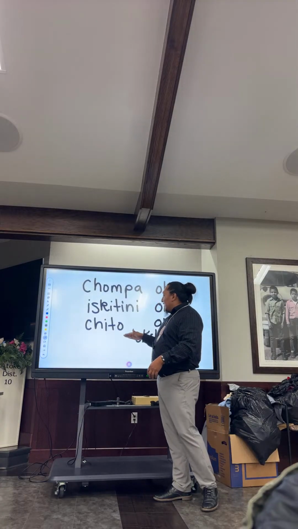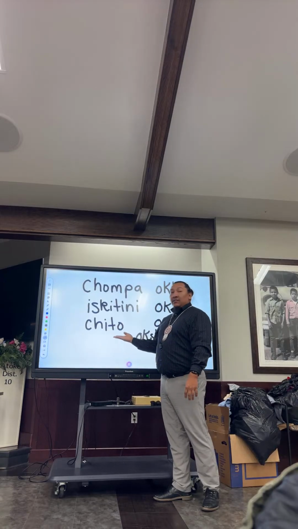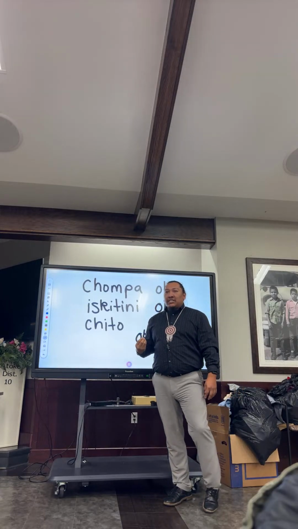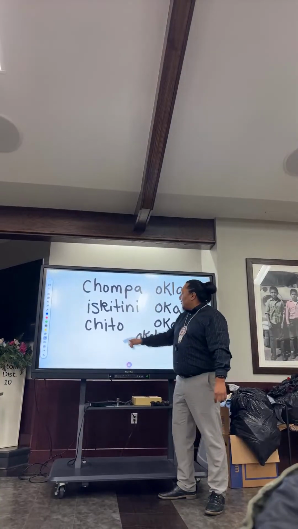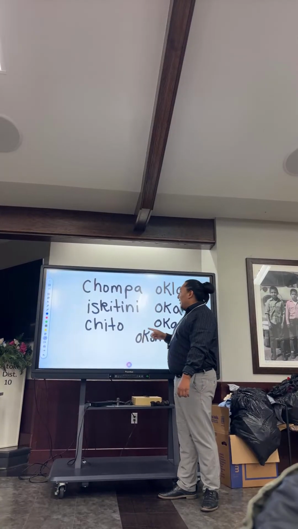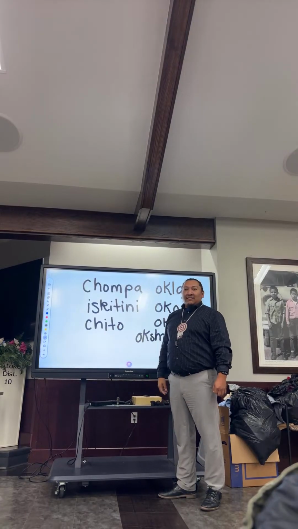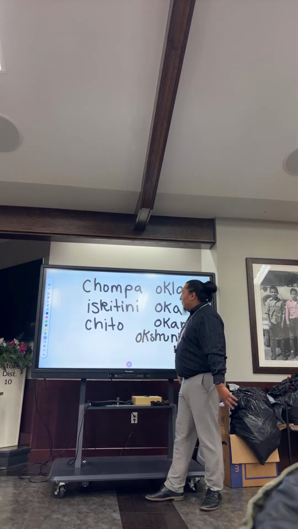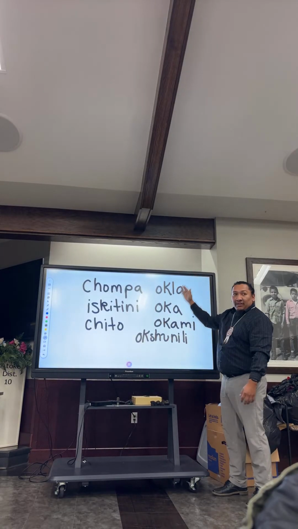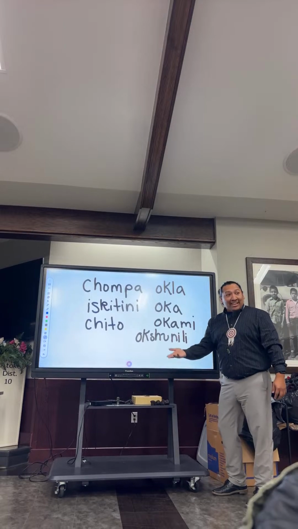But when you see it like this in Oklahoma Choctaw, we write it like this: chi, to, to. The T always makes the T sound like t. That's why it's the same thing here. Iskitini, teeny. And it's not iskadini. You might hear people say that too, iskadini, because they say it fast. But anyways, when we get over to this side, what's common about all of these?